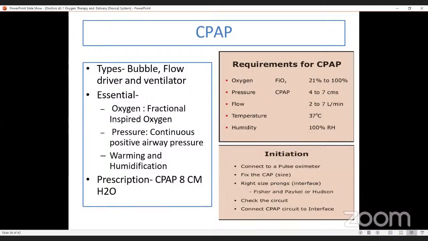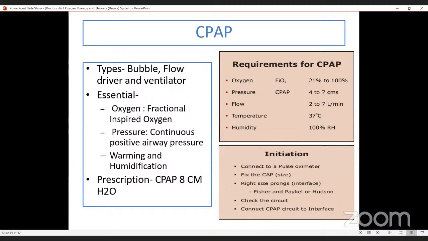इसके टाइप्स क्या होते हैं सीपैप के? बबल सीपैप एक तो होता है, नियोनेट्स में बहुत यूज होता है, आपने सबने देखा होगा, फ्लो ड्राइवर, एंड देन वेंटिलेटर से भी हम सीपैप वीनिंग मोड में यूज करते हैं। एसेंशियल क्या है? फ्रैक्शनल ऑक्सीजन देने का हमारे पास इंतजाम होना चाहिए, इंस्पायर्ड ऑक्सीजन के लिए। प्रेशर में सीपैप देने के लिए हमारे पास कोई न कोई चीज होनी चाहिए, यानी कोई पंप डिवाइस हो, है ना, और वार्मिंग एंड ह्यूमिडिफिकेशन चाहिए।